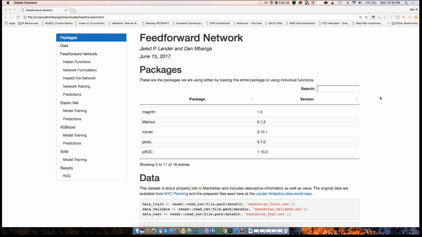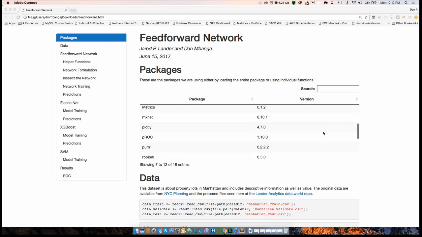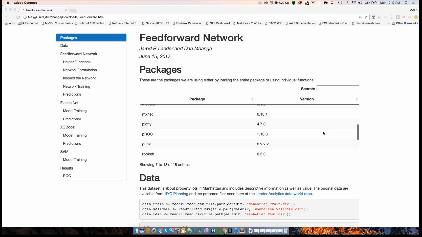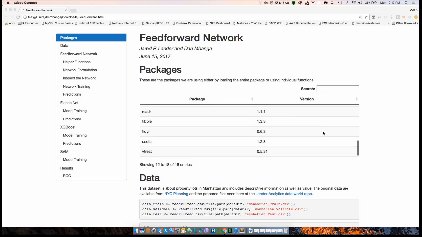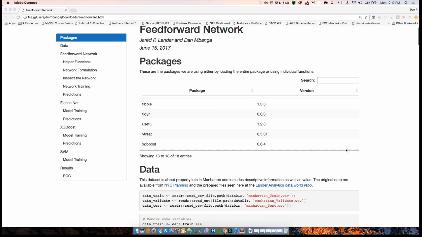So this is an HTML document generated by R Markdown, so it's fully reproducible, and this will be posted online. First, we're just looking at some of the packages we'll be using. Of course, magrittr for the pipes, Metrics for calculating log loss, and MXNet, of course, for the fitting. And there's other packages here for data manipulation and for plotting. You can scroll through this and see all the different packages we used to make this helpful for us.